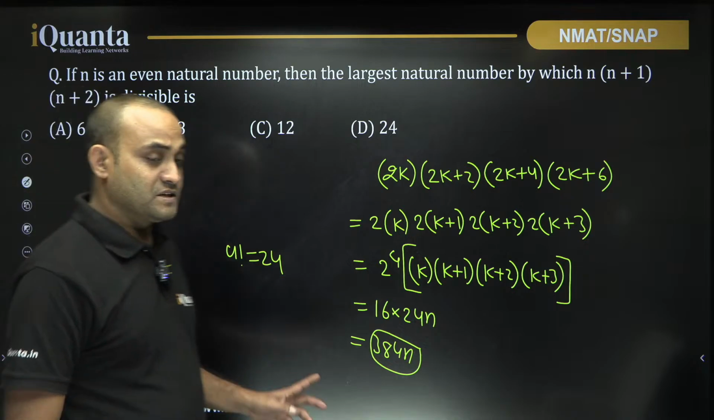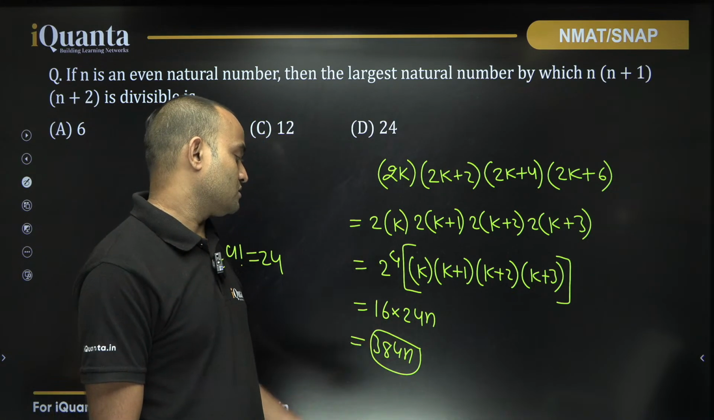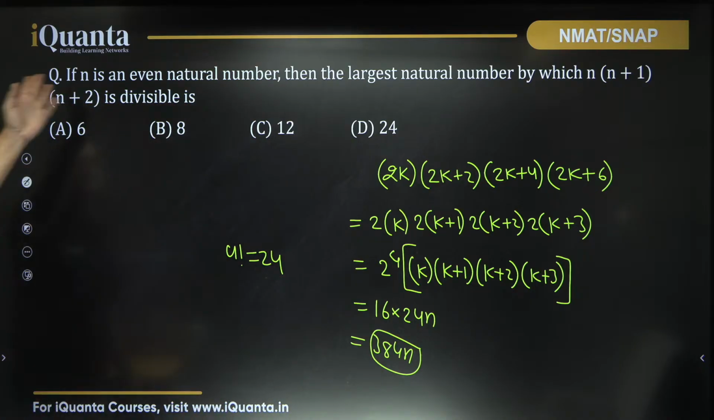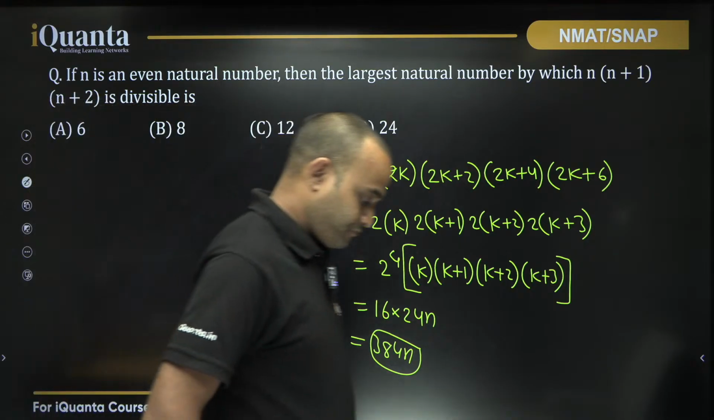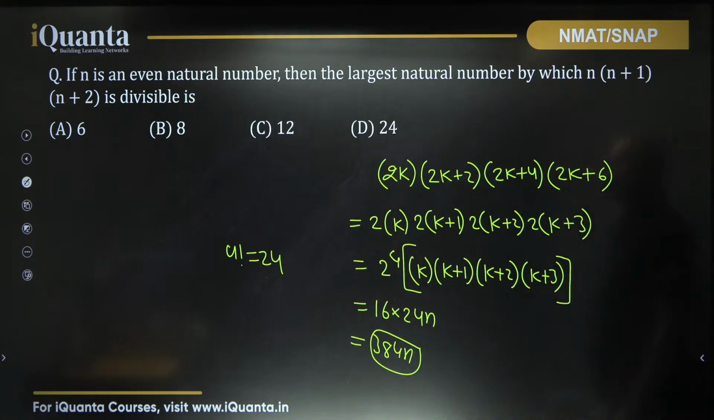It will always be divisible by 384, not only 16, not only 24 or 192, 384. अब बताओ इसका आंसर क्या है? This question, what is the answer of this question? If n is an even natural number, then the largest natural number by which n into n plus 1 into n plus 2 is divisible by. It's a very similar question, है ना? बहुत ही सिमिलर क्वेश्चन है जो अभी हमने किया है उसके रिस्पेक्टिव, राइट।